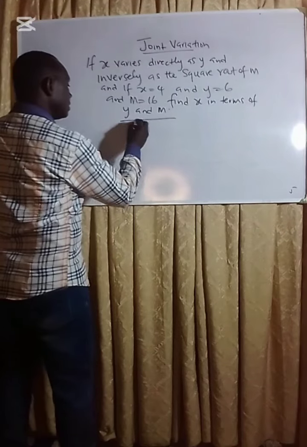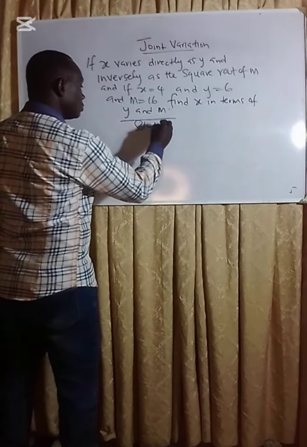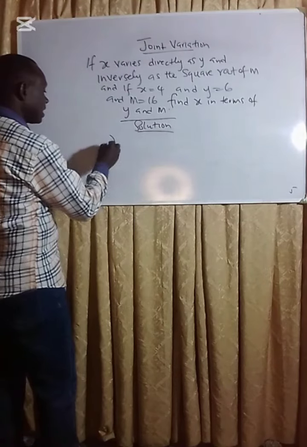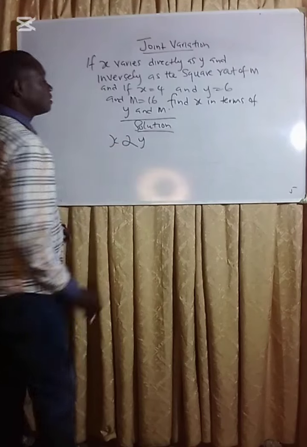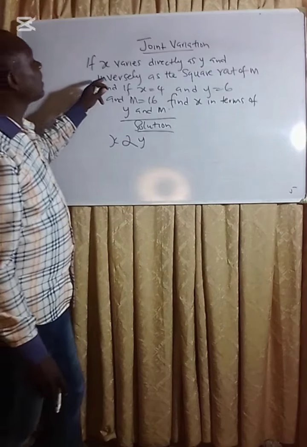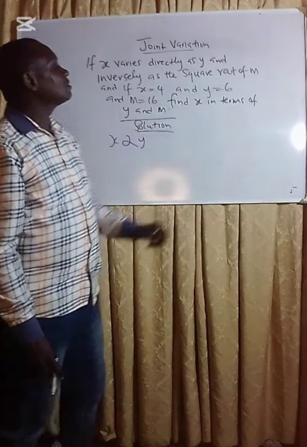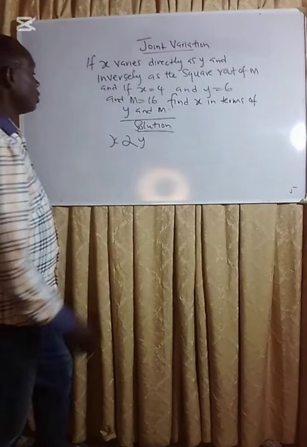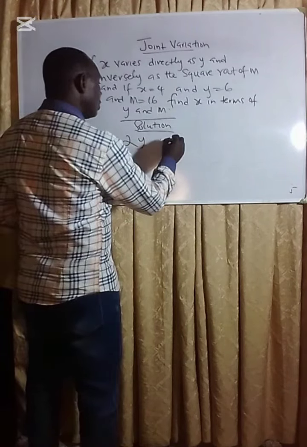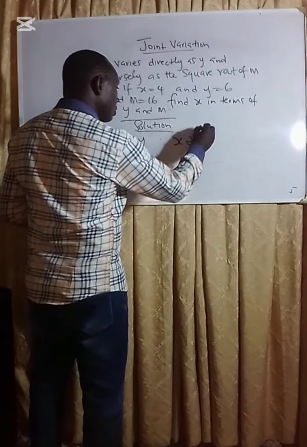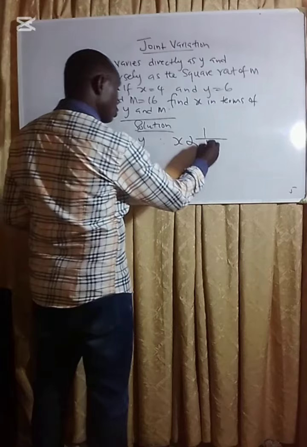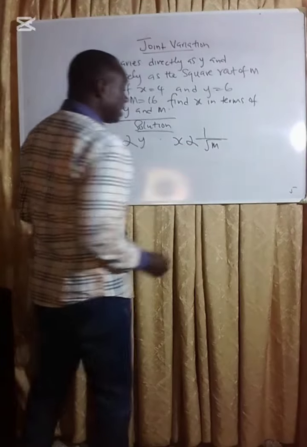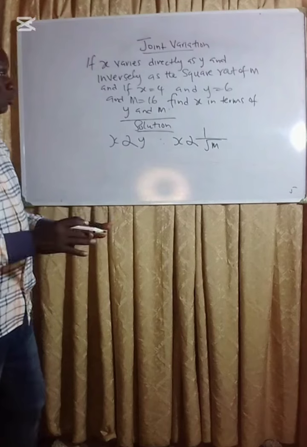So in my solution, I can say x varies directly as y, and inversely as the square root of m. Also, x varies inversely, which is 1 over the reciprocal of the square root of m. Now, joining these two